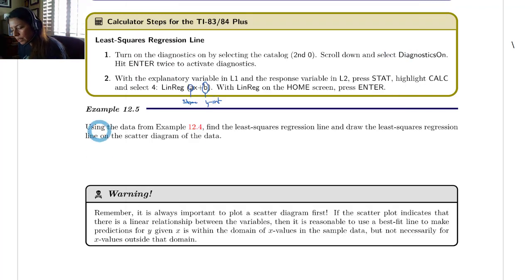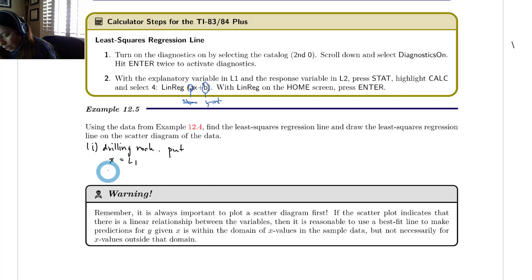Okay, so now using the data from example 12.4, find the least squares regression line and draw it on the scatter plot. So 12.4 was the drilling rock example. So go ahead and input into the calculator. So put X in list 1 and Y in list 2. So let's go ahead and go to the calculator